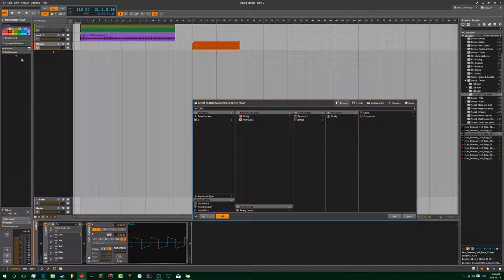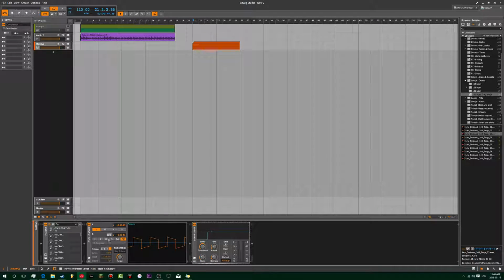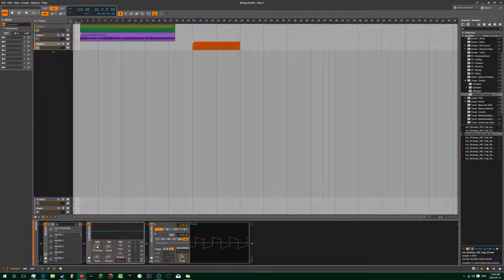And then what compression basically does is you can use it to remove dynamic range or accentuate dynamic range. More or less remove. So like if I do,